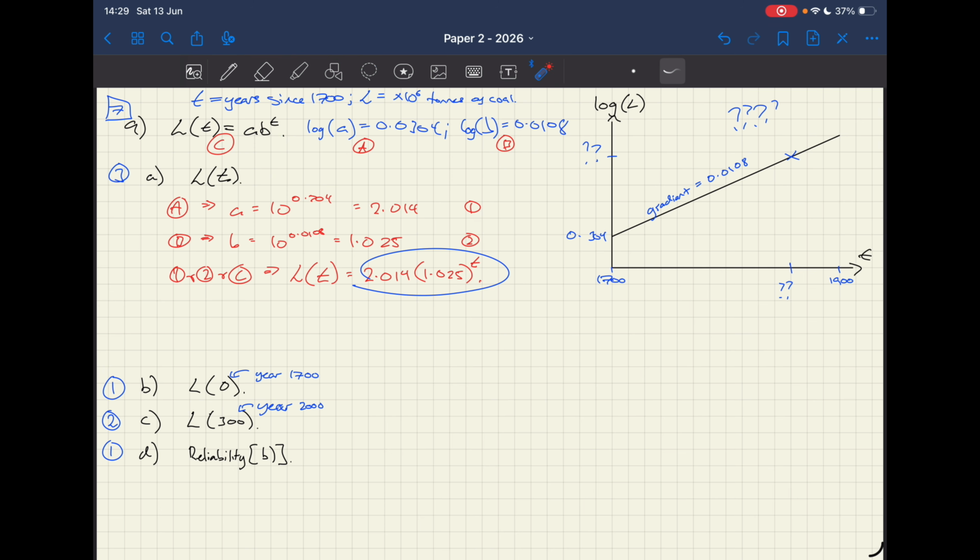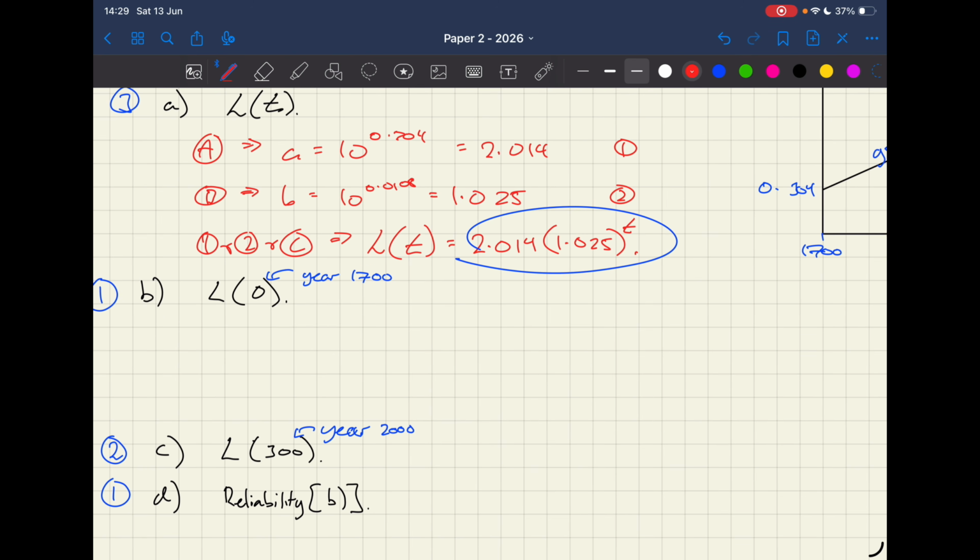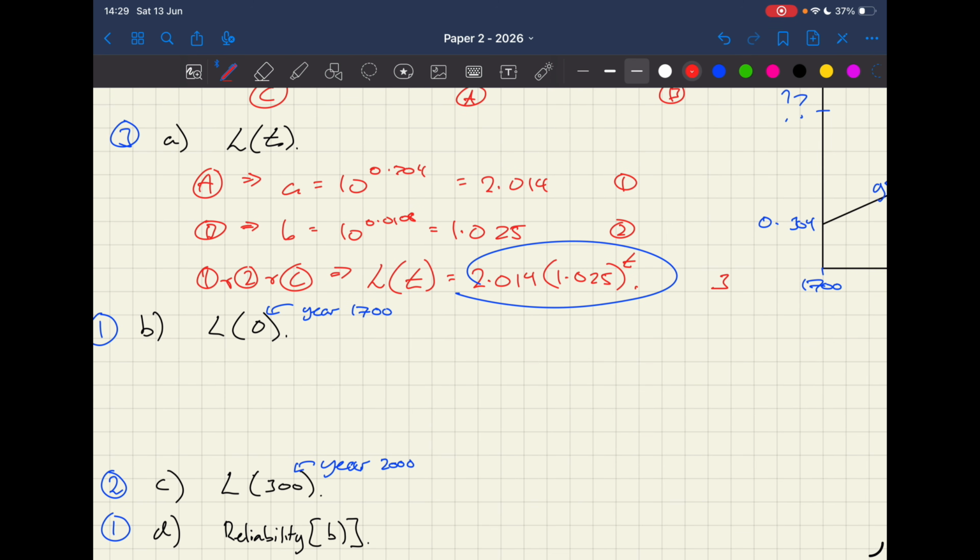Yep, that looks good. Part B then, what we're doing? Well, we just want to plug in, find the value when it's year 1700, wasn't it? This, I think, was measuring from 1700, so that's just plugging in the value of 0. So doing that, let's take our expression, let's call that fact number 3. Fact number 3 then, that's going to tell us that L is 0. Plug in the value of 0, e to the 0 is 1,